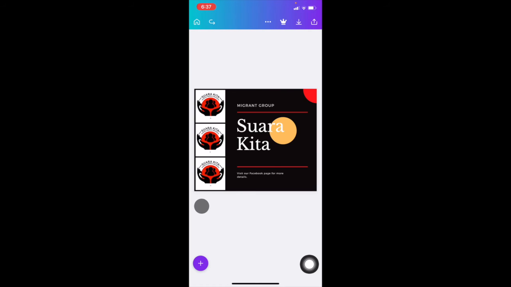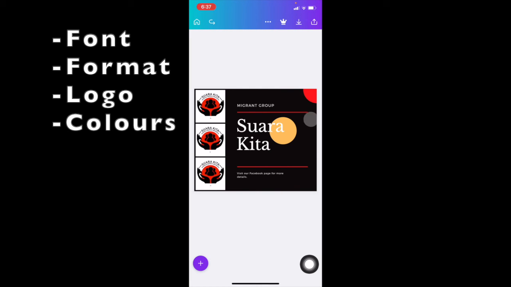This means that you try to have at least one element that is the same throughout all the designs that you post on social media. What this means is that you try to use similar color patterns, you constantly put the logo on your posters, you can try to use the same format, the same font sizes, and the font styles, which is the way the text is written on the screen. You can see that this and this is a different font. So you can try to use the same fonts to be consistent in your designs.